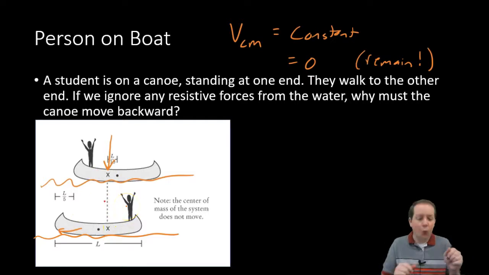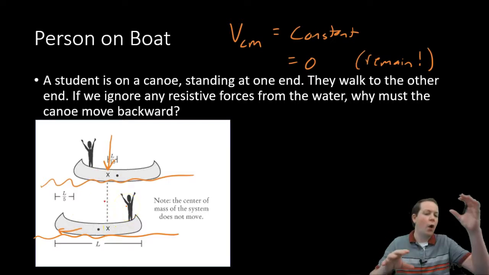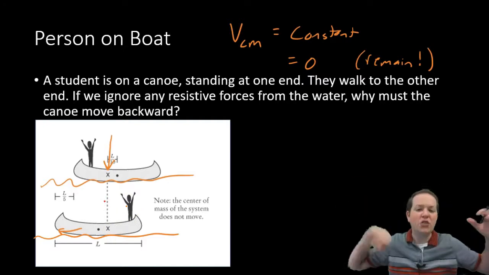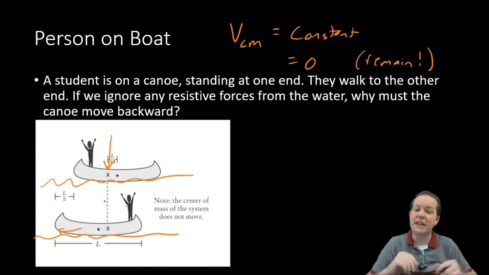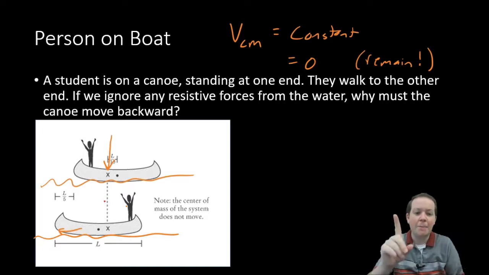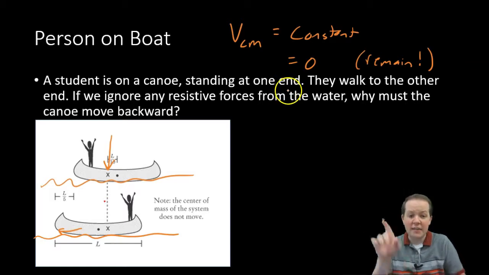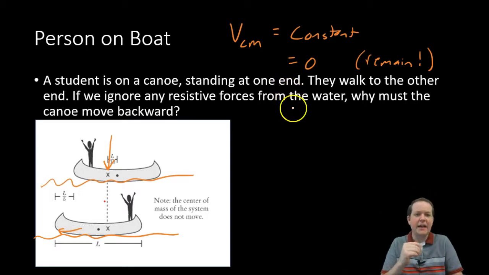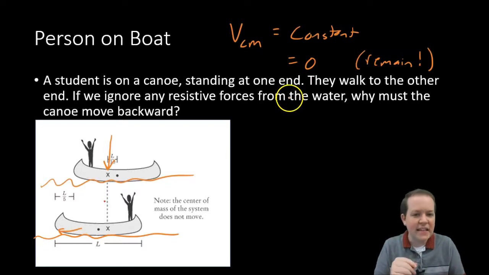So you might see problems where it says, you have this rocket and then there's this other part attached. They blow apart. What is true about the velocity of the center of mass? Oh my gosh, it seems complicated. It seems confusing. But you see that term. You see center of mass. Take a deep breath. This is my test-taking tip. It's probably easier than it seems.